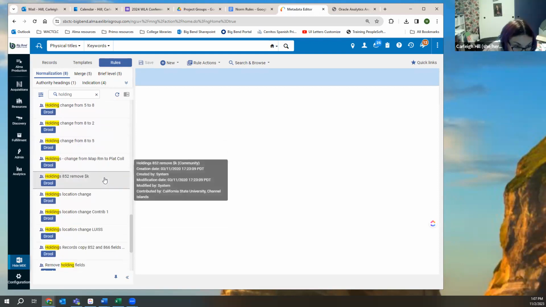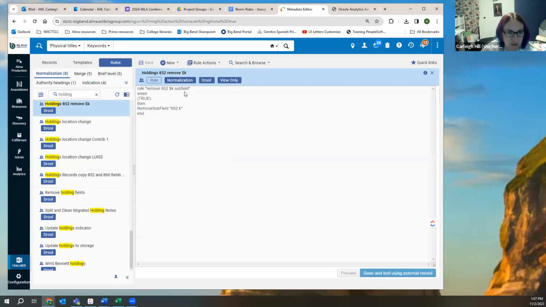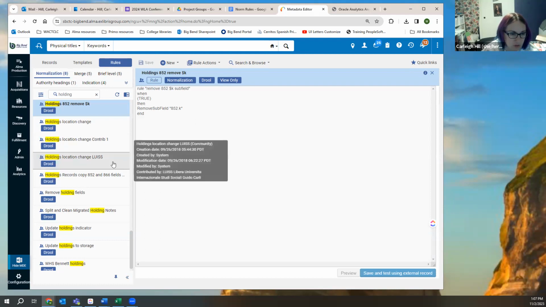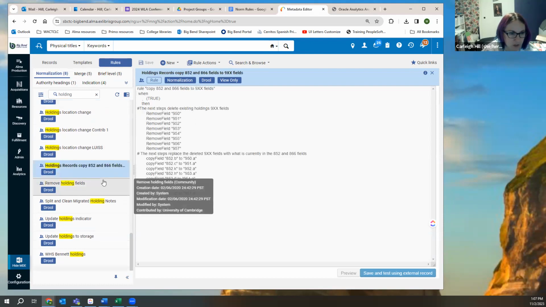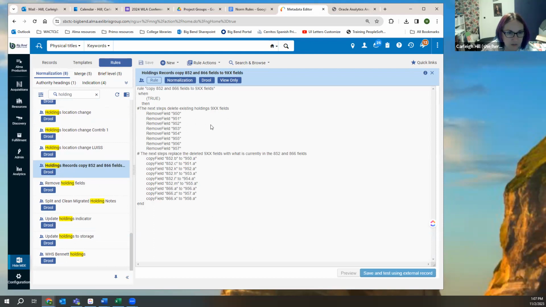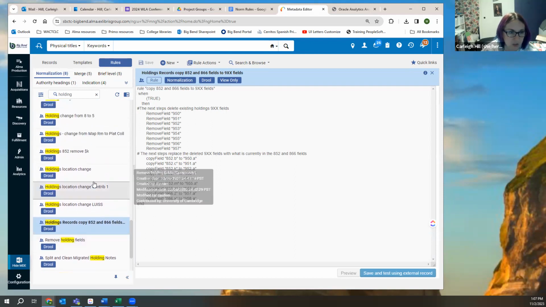And here's one that's like a specific remove a subfield of 852. Here's a copy fields and replace fields, which, so like,